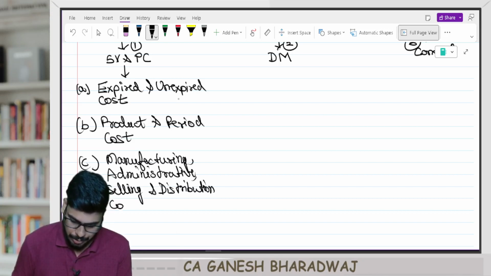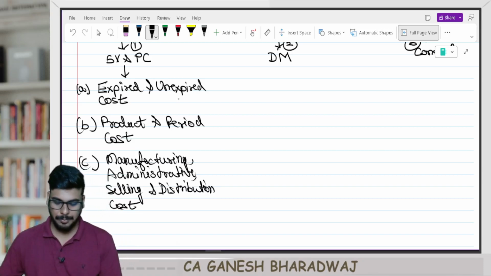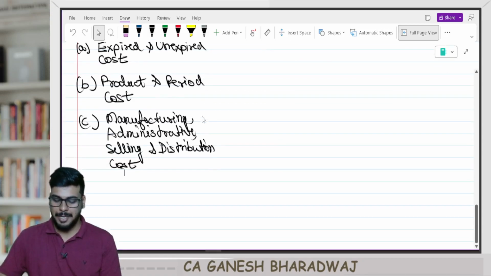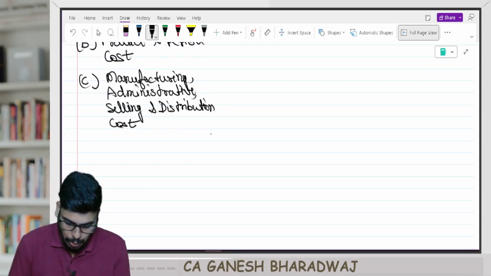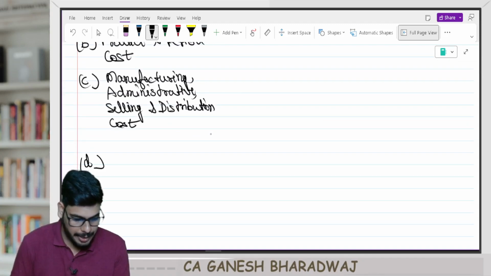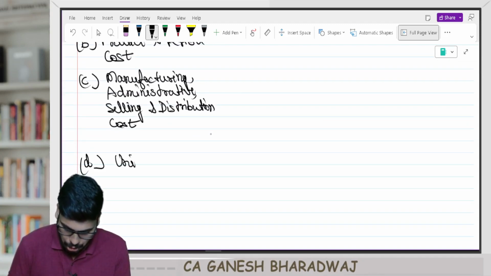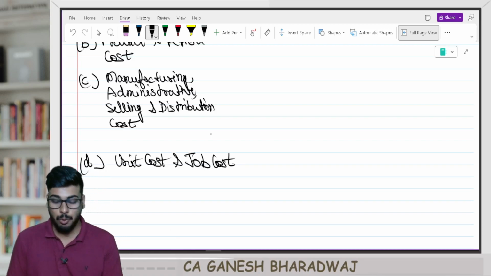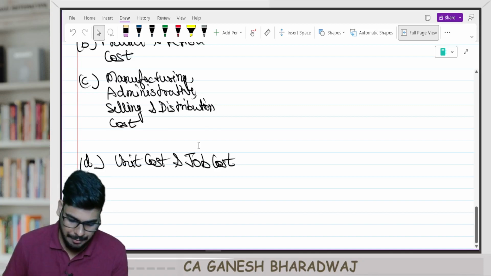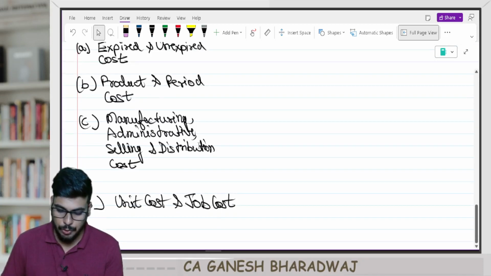Selling and distribution cost. Manufacturing, administrative, selling and distribution cost. Leave 2 lines gap and write down D, unit cost and job cost. Leave 2 lines gap. Deliberately I am asking you to leave 2 lines gap and write down unit cost and